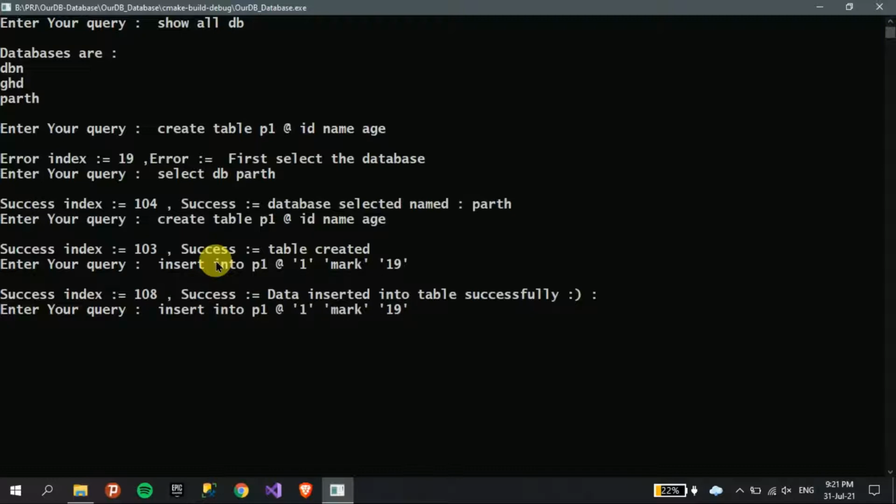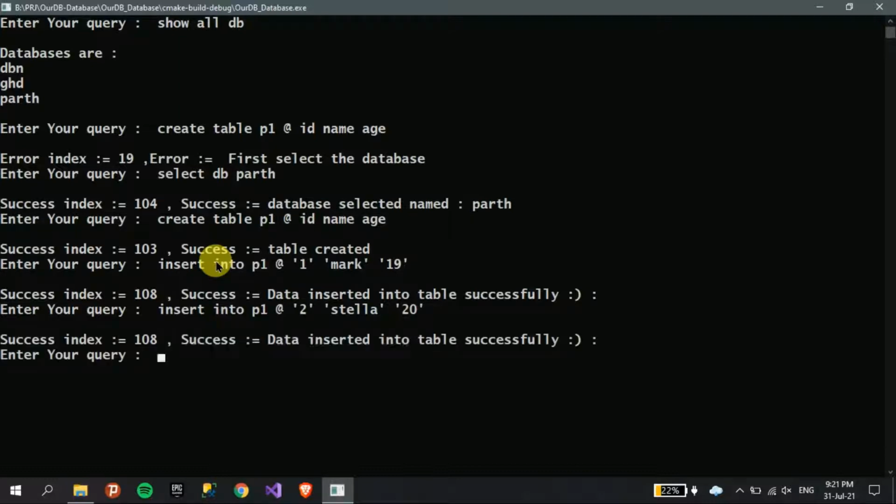We will put in another two or three rows, and age 21, let me put this.